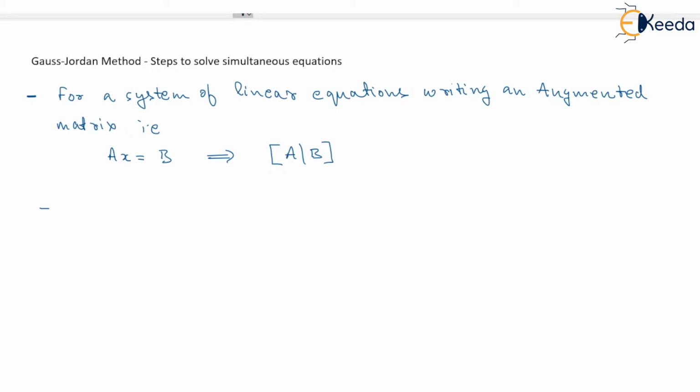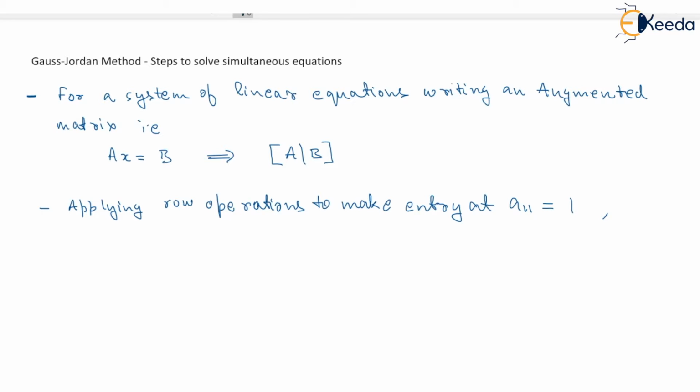Secondly, we'll be applying some row operations to make the entry at A11 equal to 1.